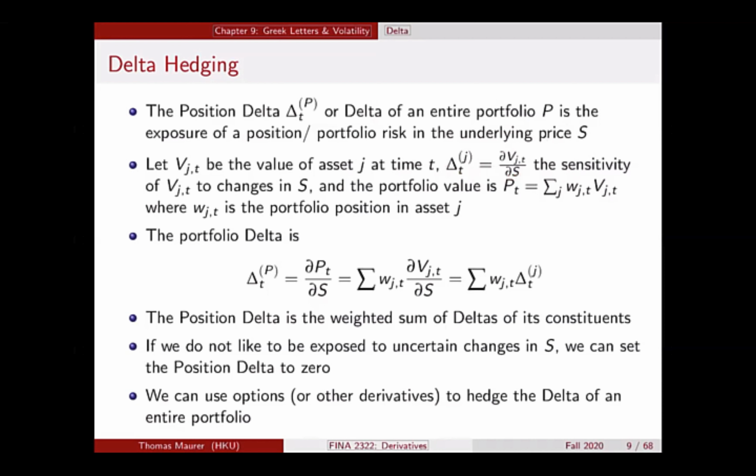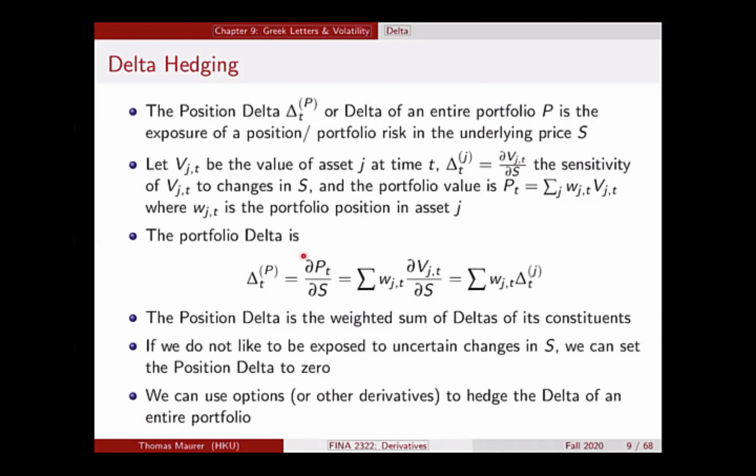Let's denote the value of each position in our portfolio by Vj for the position in asset J, and the delta of asset J is just how much the value of that asset changes with respect to the change in the underlying asset. If you now consider a portfolio with value P, where this value P is just given by the weighted sum of all the values of these assets in the portfolio,